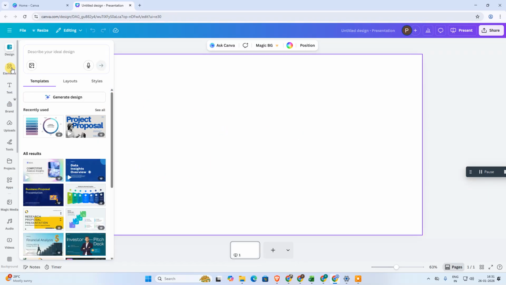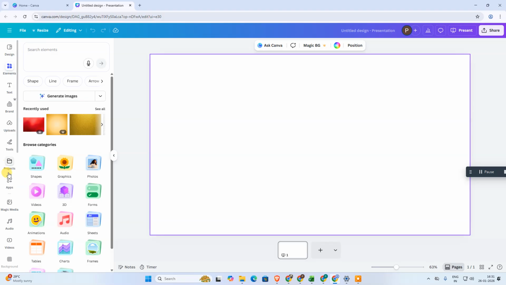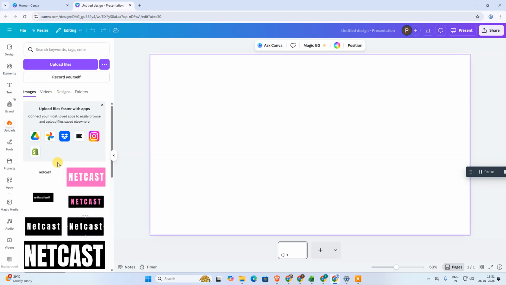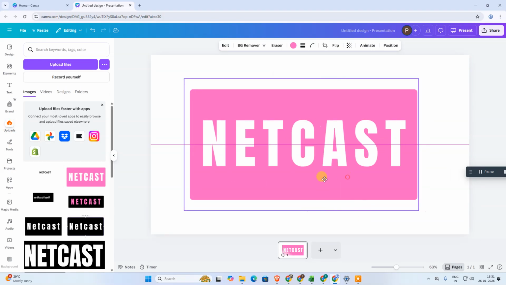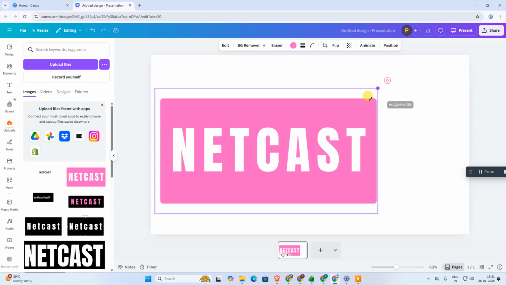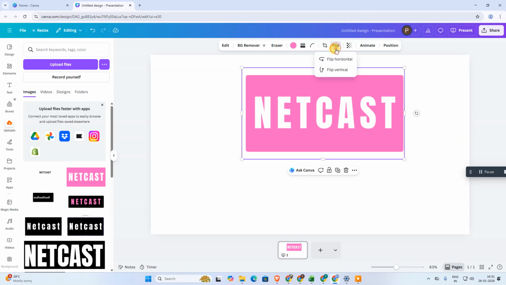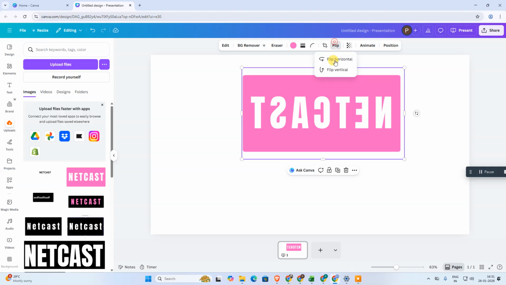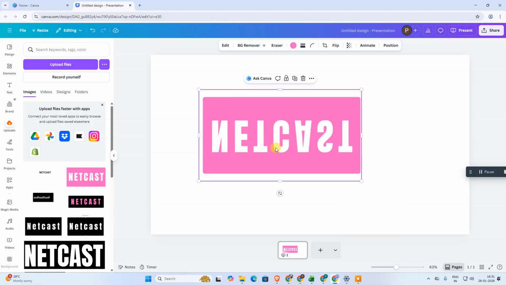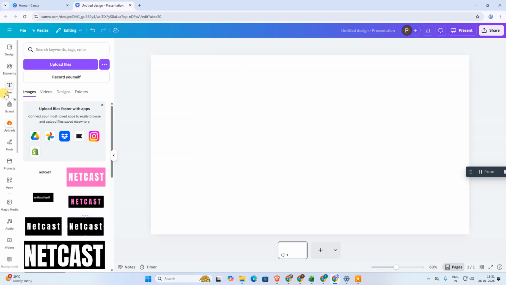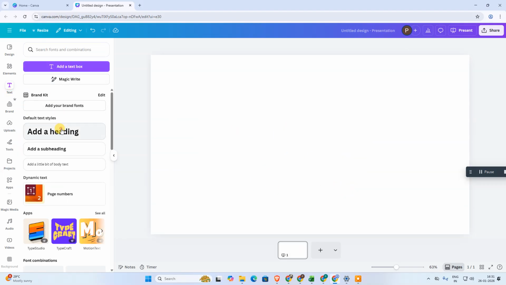So if I insert any image in Canva like this, let me show you in first image. Okay, this is my image. Okay, for image, Canva has a flip option like this. Okay, this is a flip options. Okay, you can flip vertically, horizontally, and same time, both same time. Okay, but if you insert any text like this,